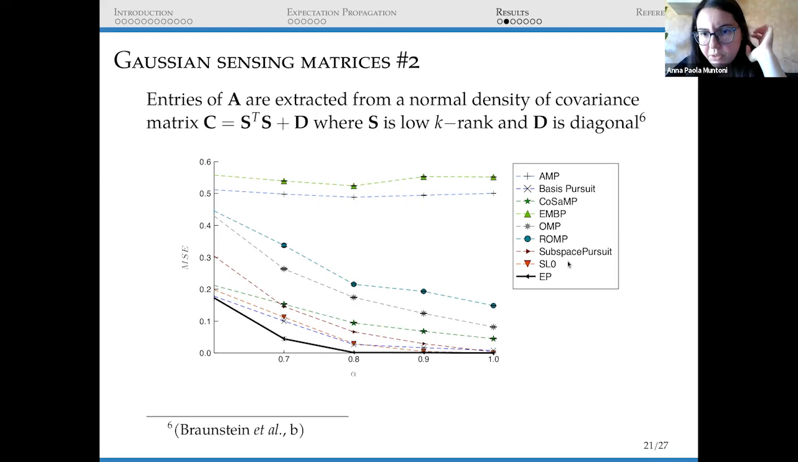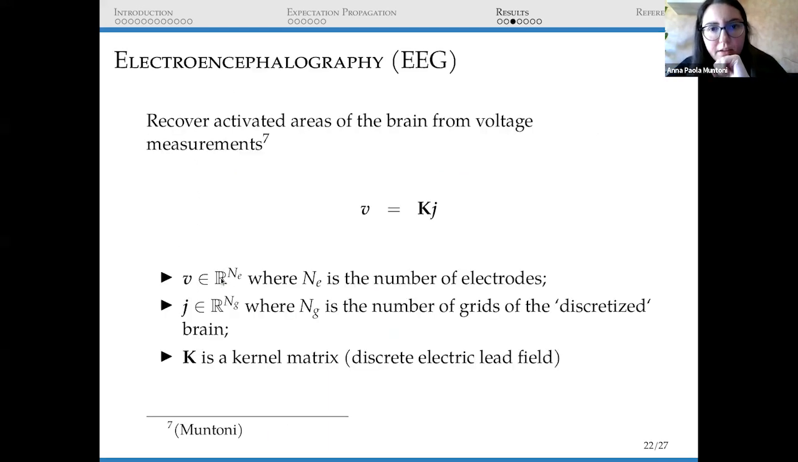The other one is more machine learning, as far as I remember. And you see that expectation propagation is able to retrieve a better signal. So this is the error with respect to the true one. Okay. So very briefly, another application that we tried is linked to the inverse problem in the EEG, where basically